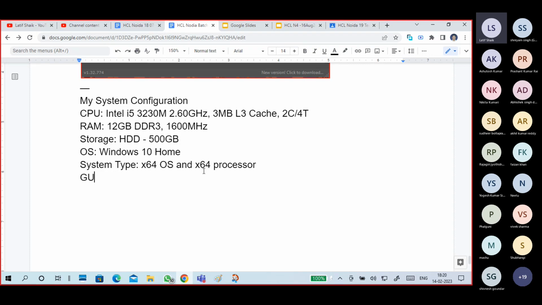I have a graphic card, right? It's a 2 GB graphic memory.